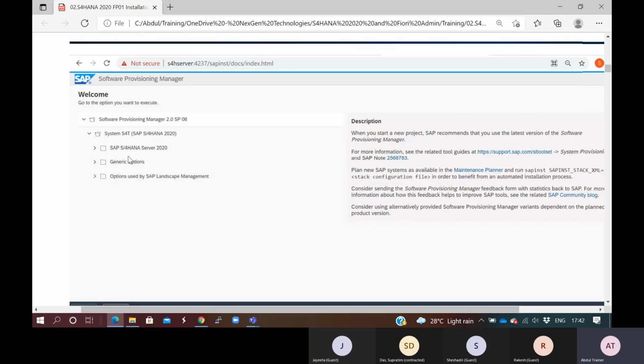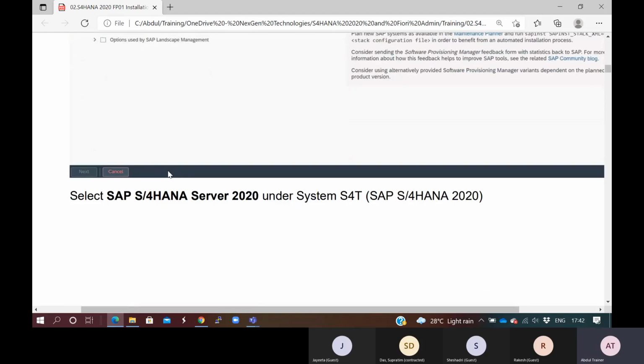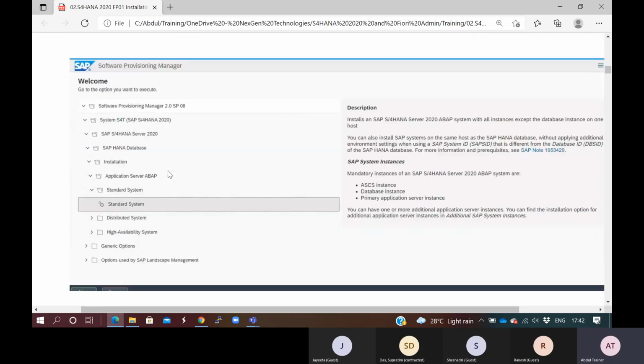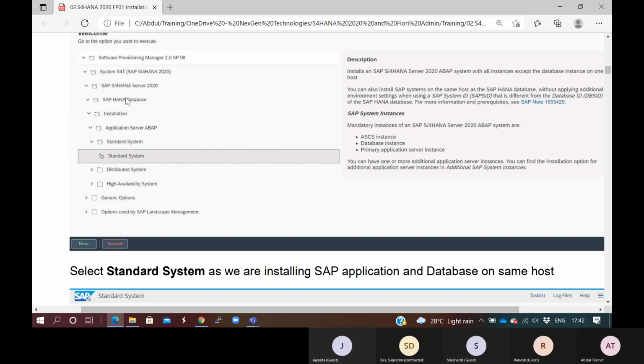And then this is the version. And then you just have to expand SAP S4 HANA Server 2020. And then go to the HANA. So S4 HANA only installs on the HANA database, then Installations, then Application Servers, that is ABAP, and then Standard System, and then click on Standard. So now here